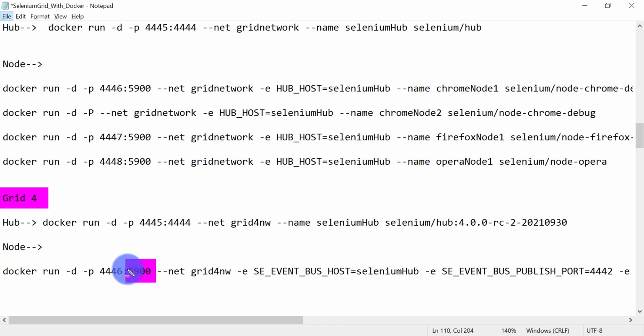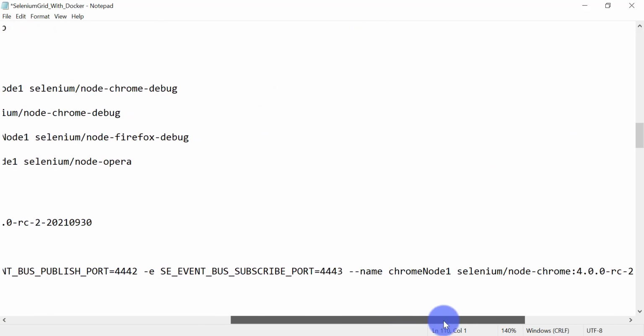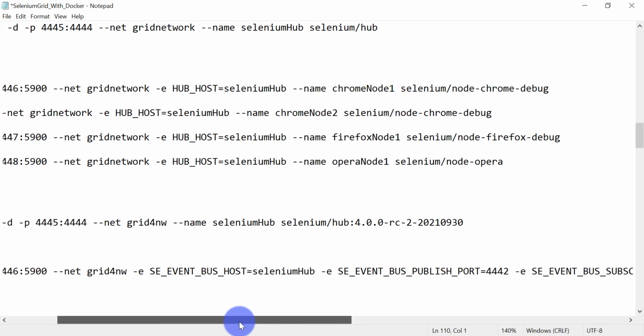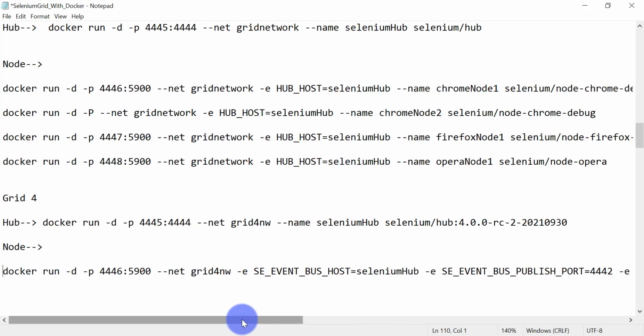But here Selenium Grid 4 supports noVNC also. noVNC means it does not require any VNC client such as VNC Viewer. You will be able to access that service from the host machine from the browser itself. So we will see both examples, our VNC service from the VNC client, VNC Viewer, and the noVNC service from the browser itself. One more point here, you can specify your host memory also. Whatever Docker containers you are going to create, these containers are going to use the memory from the host machine, that is the host shared memory.